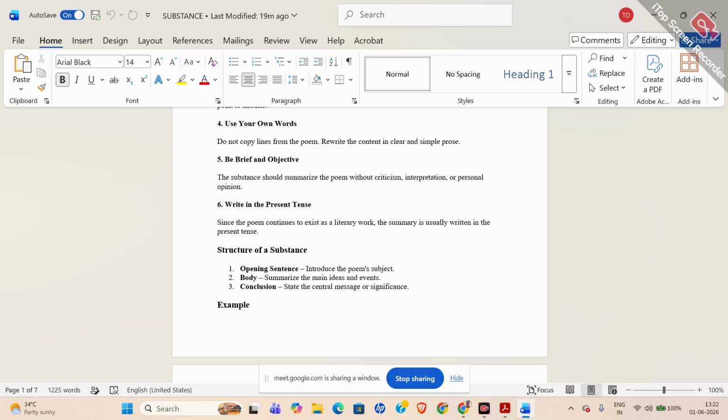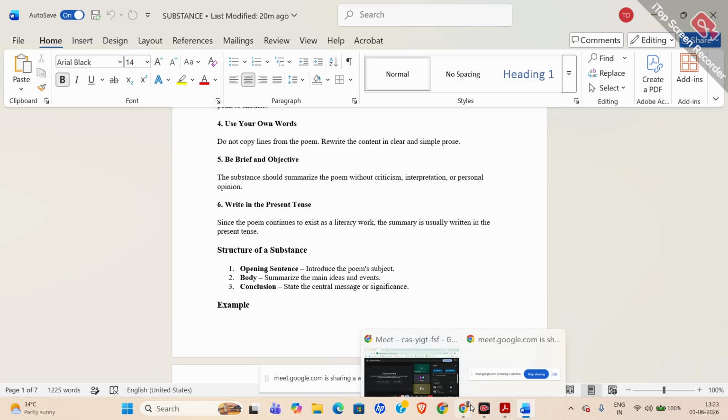So when you are going to write the substance, you have a kind of a structure, কাঠামোটা থাকবে যে এই লাইনগুলো থেকে আমি জিনিসগুলো নিয়ে সাবস্টেন্সে ঢোকাবো। আমি তো সবকিছু লিখতে যাব না, তাহলে তো অনেক বড় হয়ে যাবে সাবস্টেন্স, অত তো পুঙ্খানুপুঙ্খ বিবরণ নয়। Substance is not line by line analysis, it's not like that. So ক্রিটিসিজম নেই, ইন্টারপ্রিটেশন নেই, তুমি কোনো নিজের ইন্টারপ্রিটেশন দিচ্ছ না, পার্সোনাল ওপিনিয়নও you are not giving, এসব তুমি দিচ্ছ না। এবার write in the present tense, ওই যে বললাম the poet says, he observes that, এরকম লিখলে। Further he says in the 10th line or in the sestet, তোমরা জানো নিশ্চয়ই সনেটের octave sestet আছে 8/6, so যেটা পেট্রার্কান সনেট আছে।